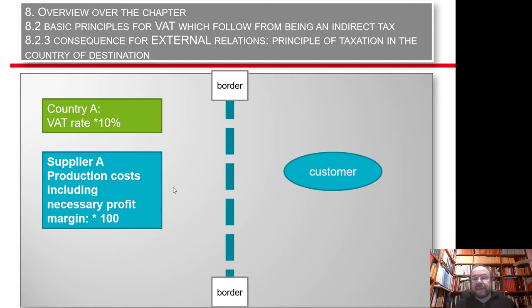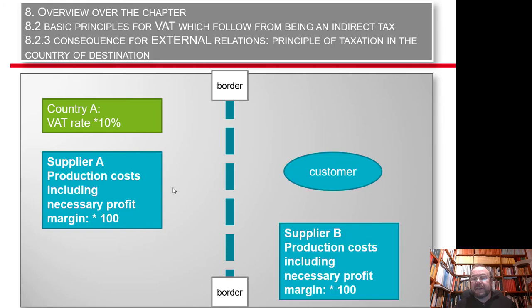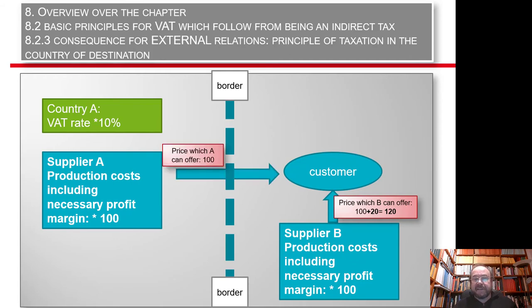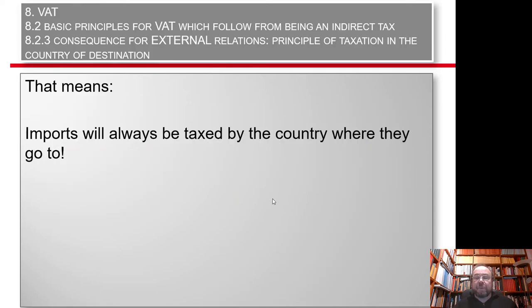Let's see how that works. Country A again has VAT rate 10%. B again has a price of 120. Now supplier A tries to make an offer. Net desired price would be 100. And now the inland tax comes on top with 20. So we have a minimum of 120. If the two are equally good in their economic behavior and have comparable costs, then supplier A cannot undercut the competitors in B,